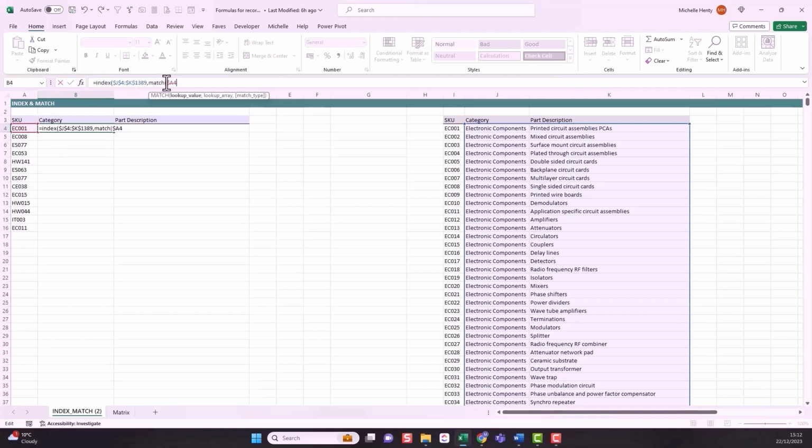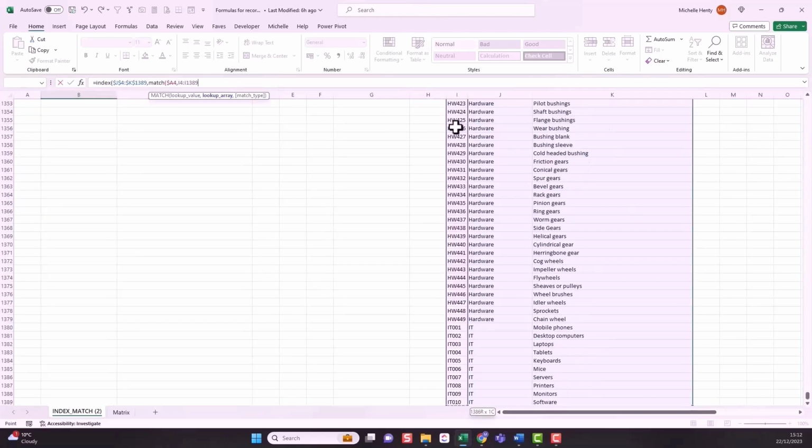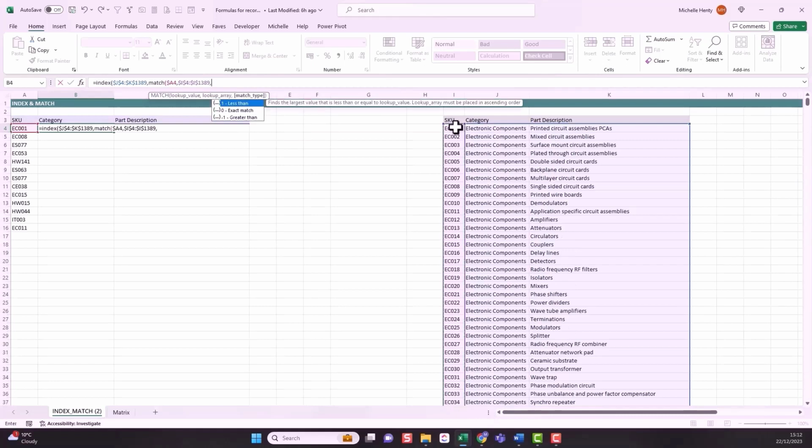So for the lookup value for the row, I want a $ sign in front of the column, comma, and the lookup array is here, the part numbers, Control Shift arrow down, F4, comma, 0 for an exact match, close the bracket on the match, comma. Because now we're looking at columns, I need to know, am I looking in the category or the part description column? So again, I do match,